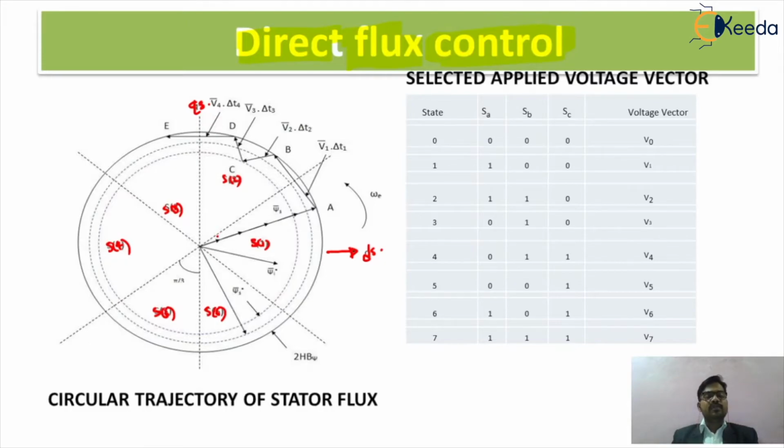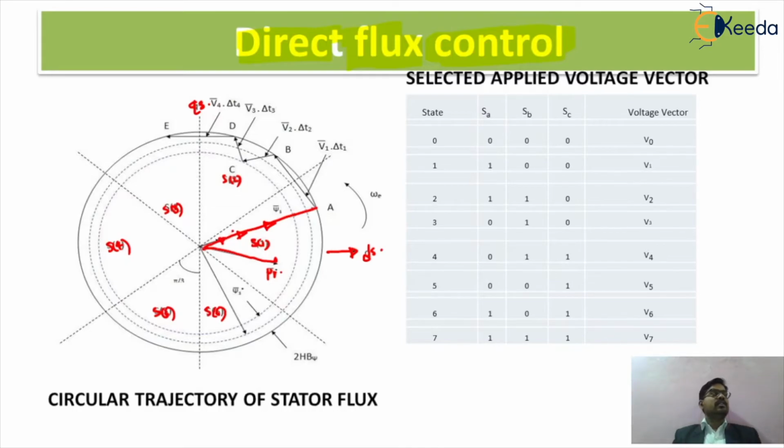So in that, friends, first of all we are getting the value of the flux, because it is a flux control. So we are getting the value of phi r star, and this value will be the psi r. Now we want to get the value of the stator flux, because in direct flux control we are changing the value of the flux quantity in concern with the stator circuit.